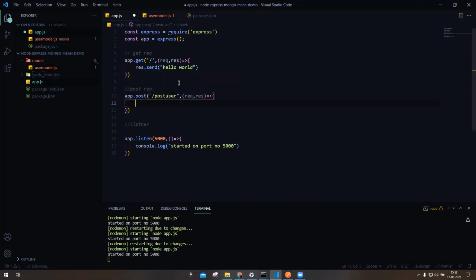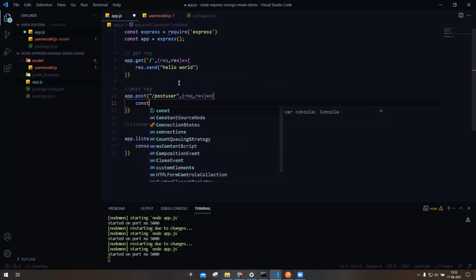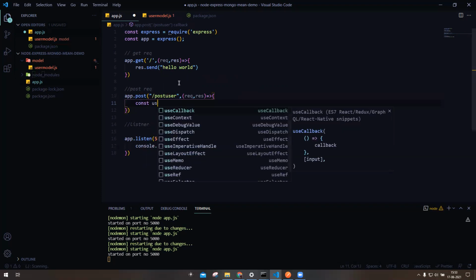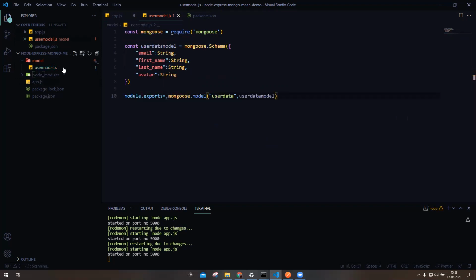Now we have to call that model to post the data. I will create a variable, an instance of that model we have made. I will write const user equals new user. What was the name of that model? User data model.